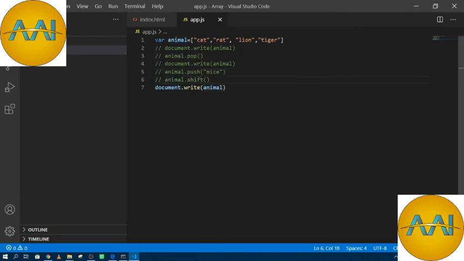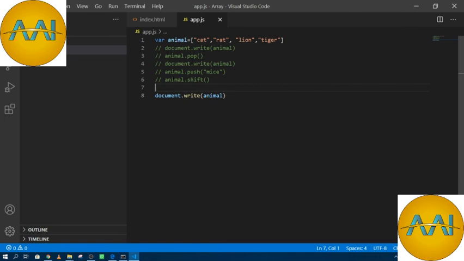Now guys, what is the function of splice? If I want to delete one or two elements from between the elements of my array, what should I do?